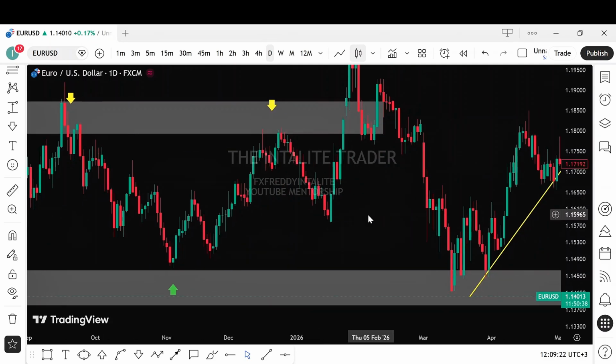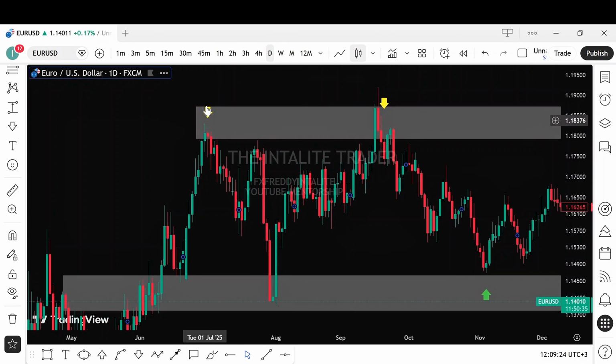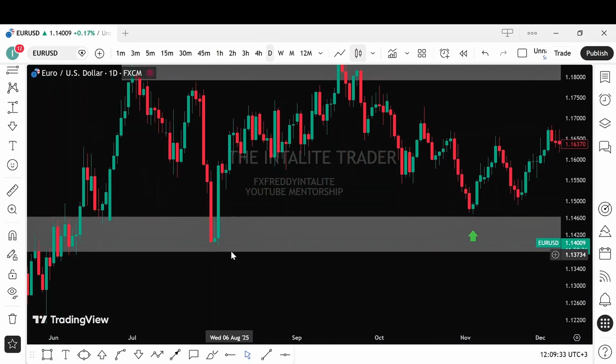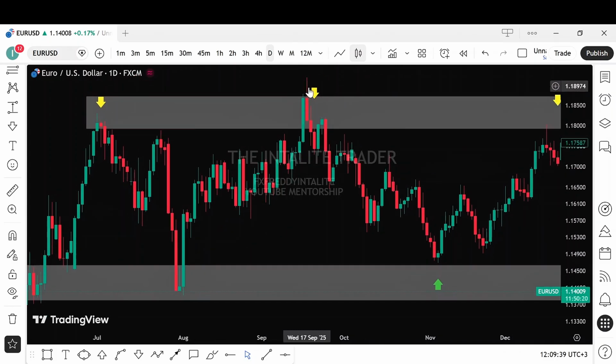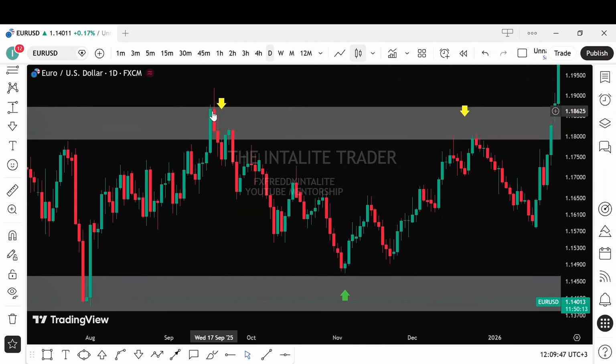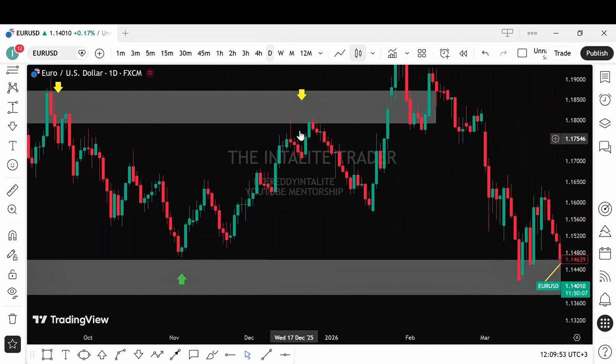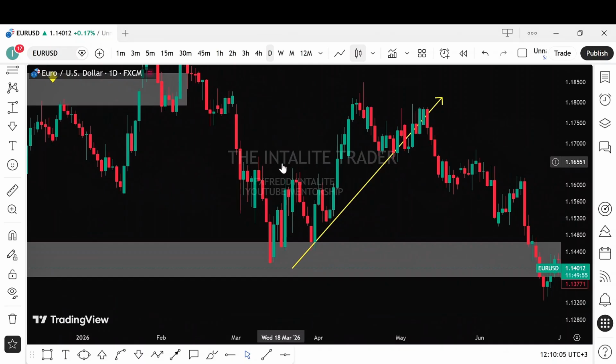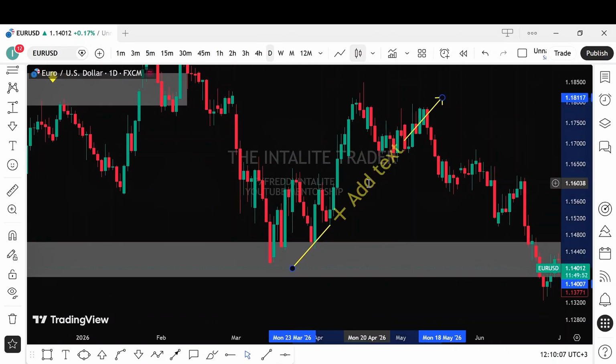It is very strong, because at this point, we have buyers closing their positions and sellers opening positions. At this point, we have sellers closing their positions and buyers opening positions. Here we have buyers closing their positions and sellers opening their positions. We have buyers opening up new positions and sellers closing their positions. Here we have buyers closing their positions and sellers stepping in to open up new positions. And the same thing applies to this. Here you will have